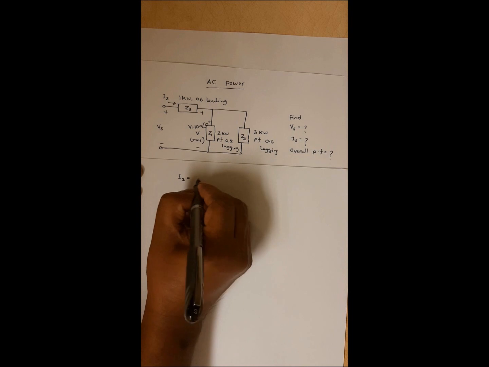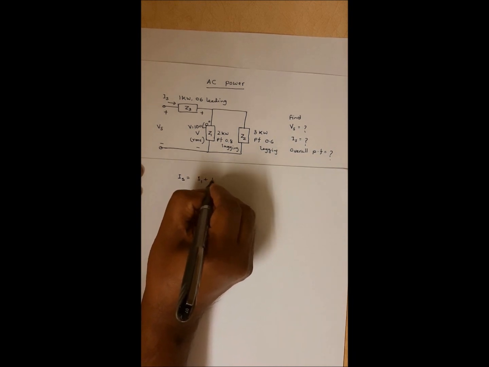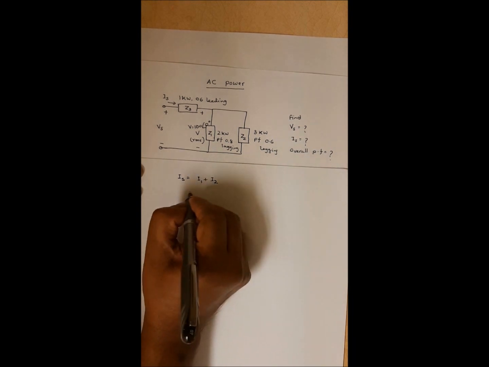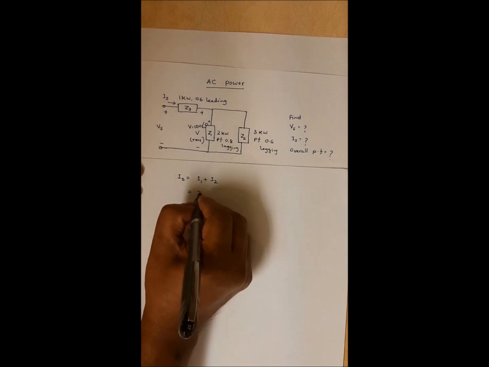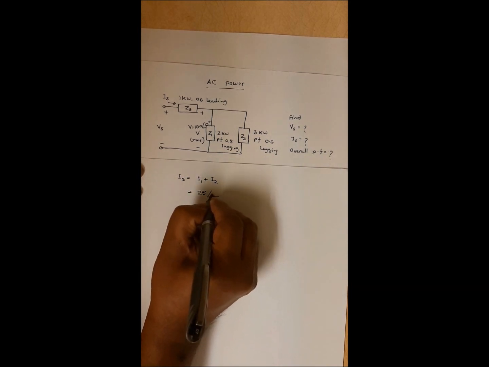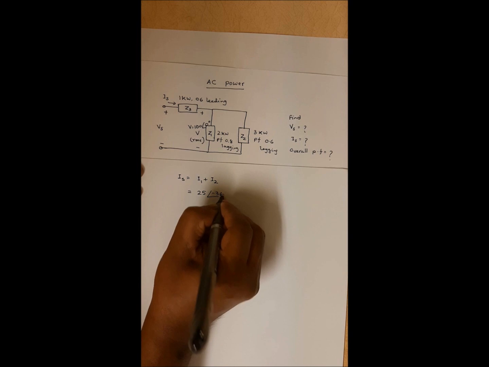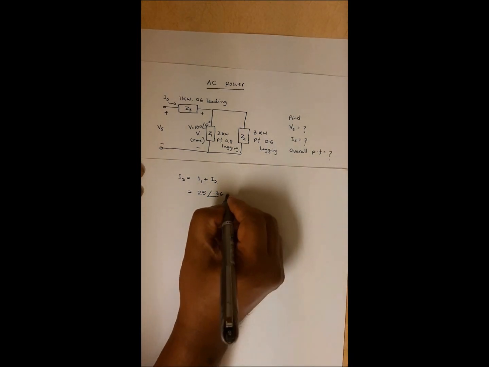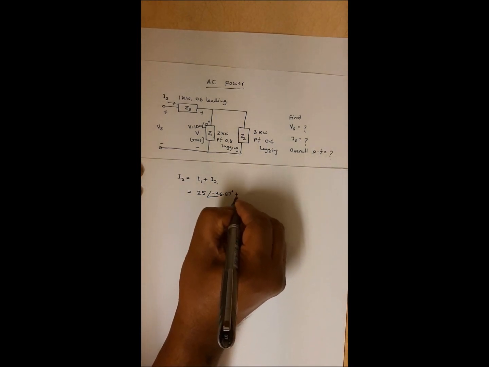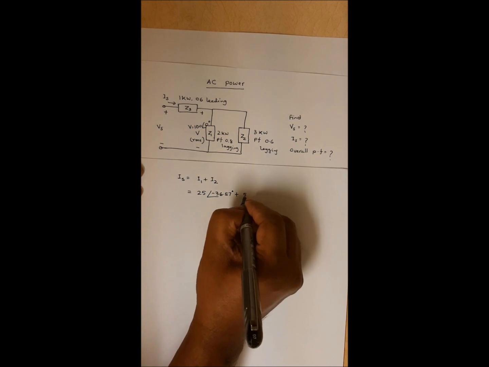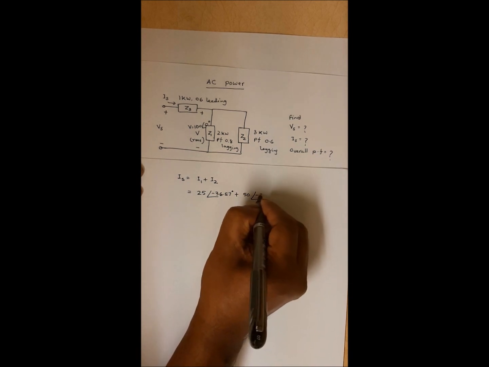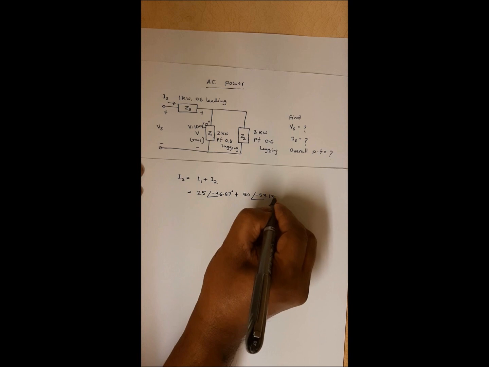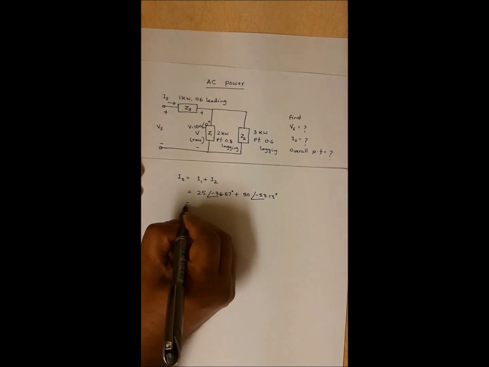So from this we'll get IS equal to I1 plus I2, where I1 is 25 with angle negative 36.87, and I2 is 50 with angle negative 53.13. So if I add them,